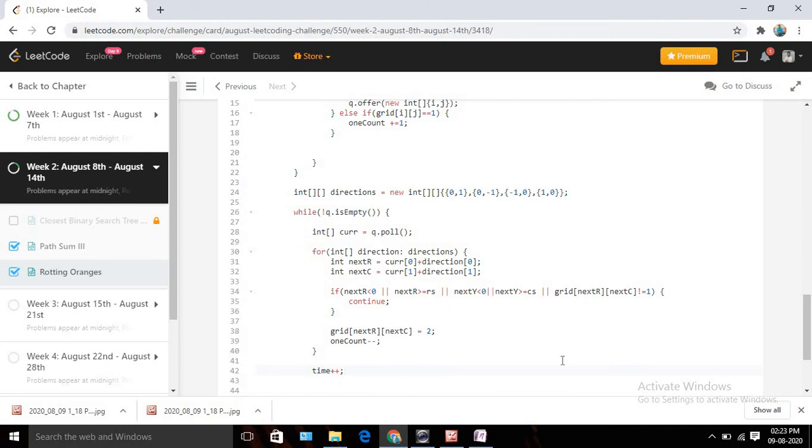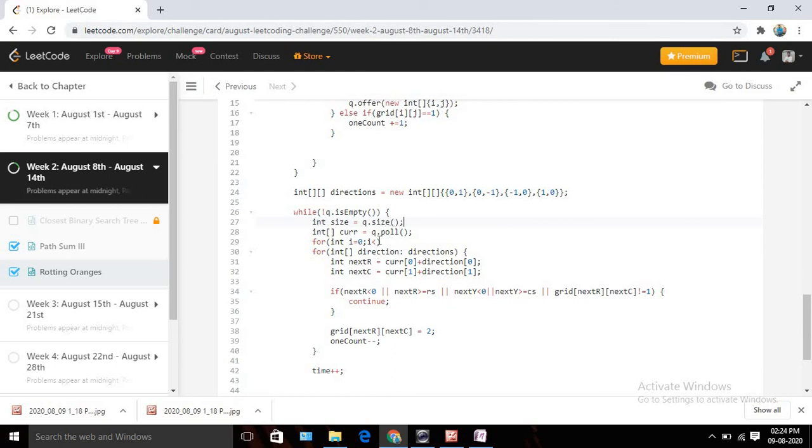And so we need to consider the first level, right? So I need to write another for loop here. So it should be int i equals to 0, and i should be less than, so we need to maintain one size also, int size. Okay, so we are going to maintain the size also. So int size should be q dot size. I will explain why I am taking this.